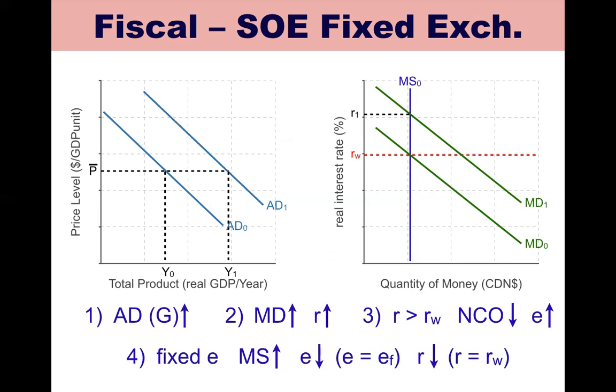So in order to bring the exchange rate down, the central bank is going to increase the money supply. That's going to bring back down that exchange rate back to the fixed exchange rate, EF. And at the same time, increasing that money supply is also going to cause a decrease in the interest rate. Right? So we get back to RW. So this is going to happen all at the same time. We're going to get back to the fixed exchange rate and back to RW. Notice that this has caused a permanent shift in our aggregate demand.